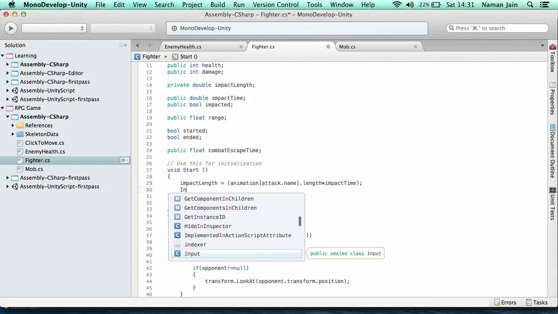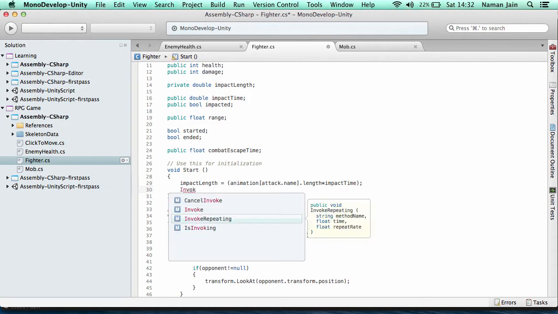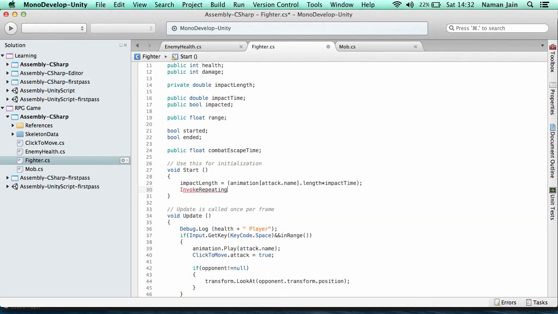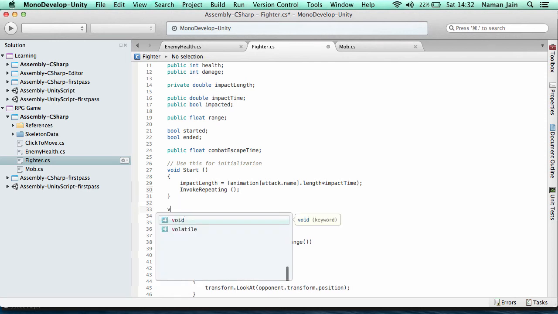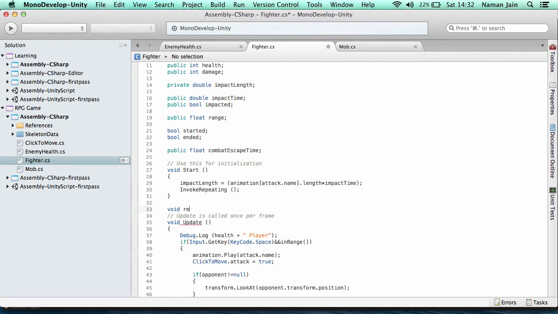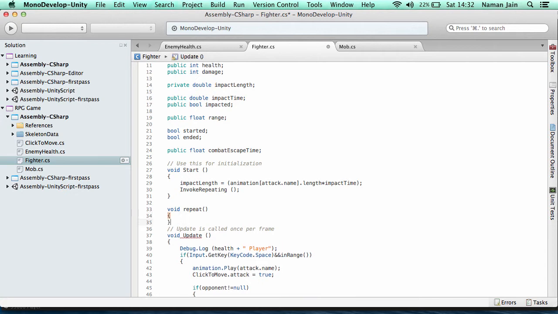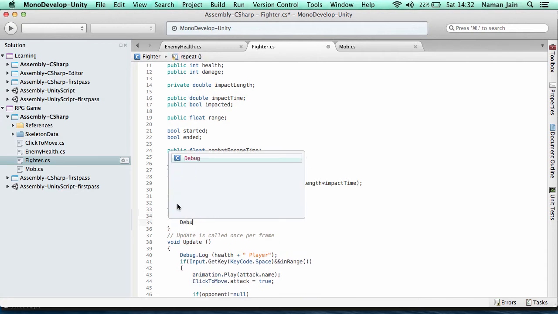Unity has a method called InvokeRepeating. This basically calls a method in certain intervals, so basically every second. I'll demonstrate to you. If you don't understand it yet, I'll just show you. You'll understand. This is just an example, and we're going to Debug.Log